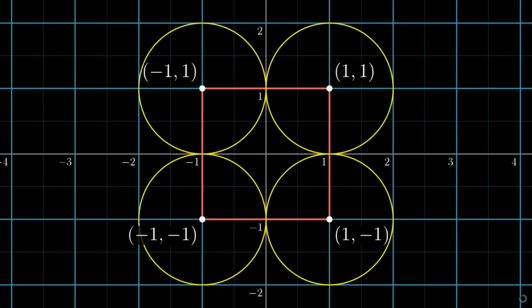Now I want you to think of the circle centered at the origin, which is just large enough to be touching those corner circles, tangent to each one of them. What we want to do for this setup, and for its analogies in higher dimensions, is find the radius of that inner circle. Here in 2 dimensions, we can use the Pythagorean theorem to see that the distance from the